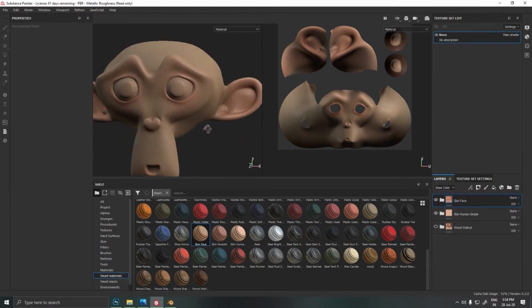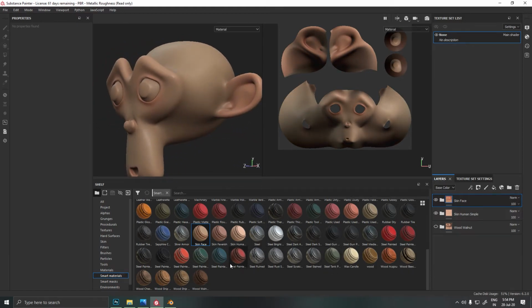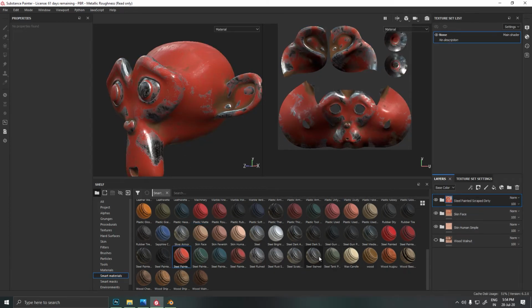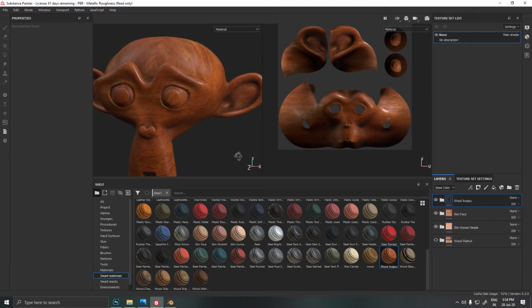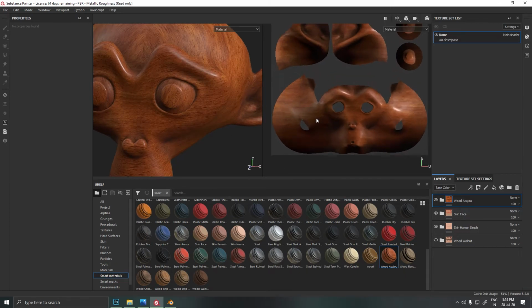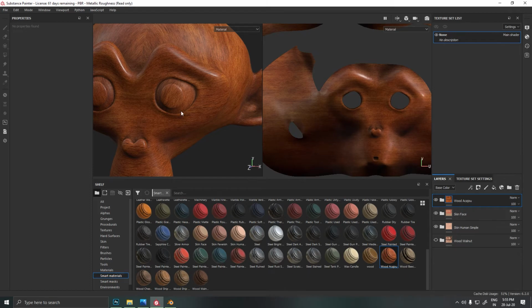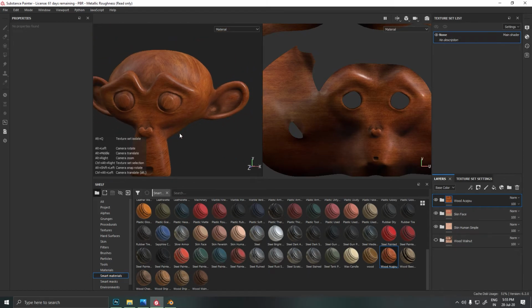So these are smart materials. There are multiple materials over here, and you just have to play with all of them to get familiar with them. It all depends on your need and what you want to get. Please make sure you bake it first. Until and unless you have baked the texture, you will not see the results. And also the UVs, see, the UVs are pretty good, and if the UVs are not good, the texture will